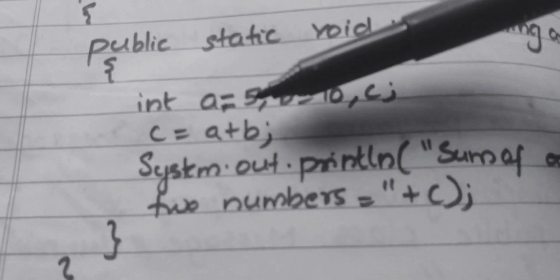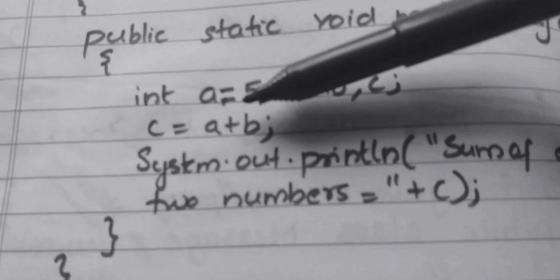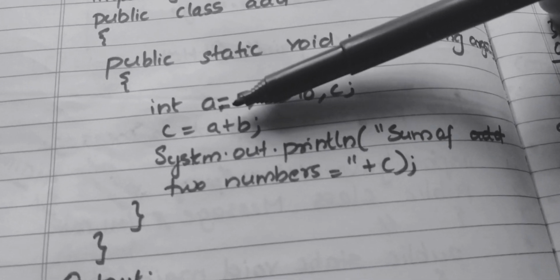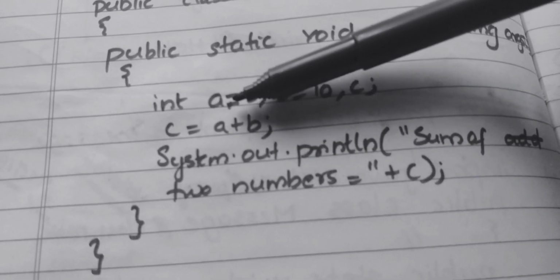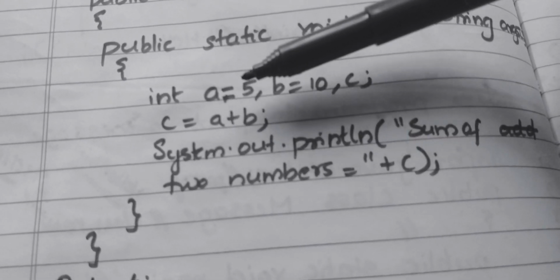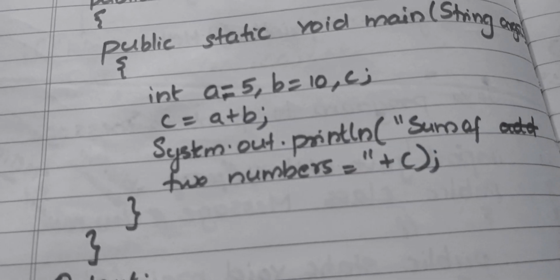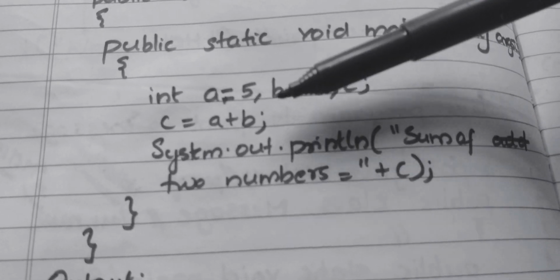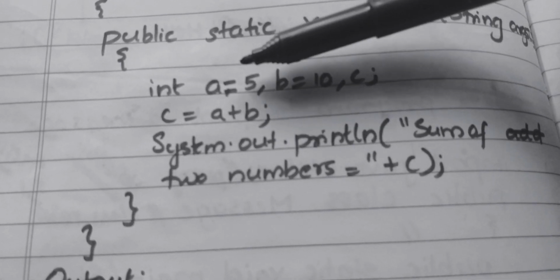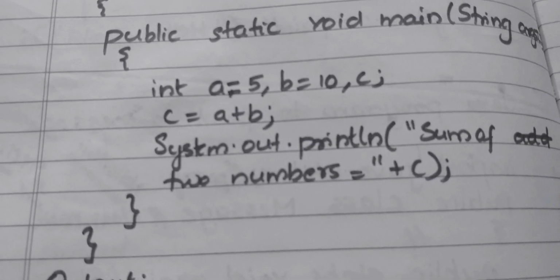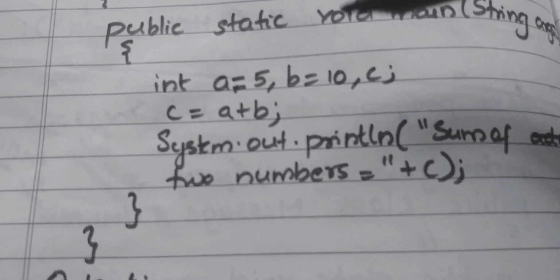Clear? Here I assigned the value 5 to a variable a. For assigning a value to a variable, we have used the assignment operator here. Here equal to is not the equal to symbol; it is known as the assignment operator. When we are using the assignment operator, whatever we write on the RHS, that is the right hand side, is assigned to the LHS, left hand side. a = 5 means the value after the equal to operator, that is 5, is assigned to the variable a. That is, 5 is stored in a, and now a holds the value 5. Then give a comma.